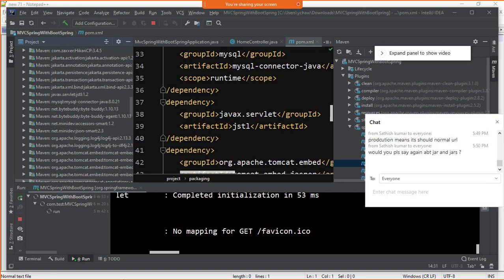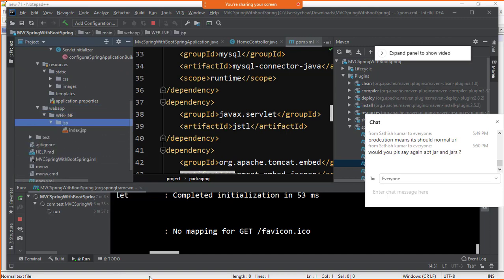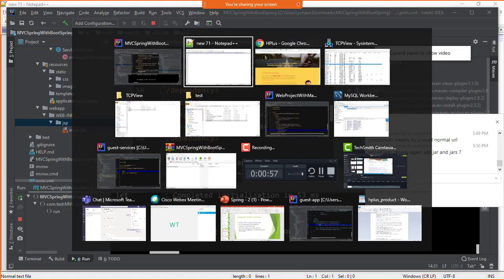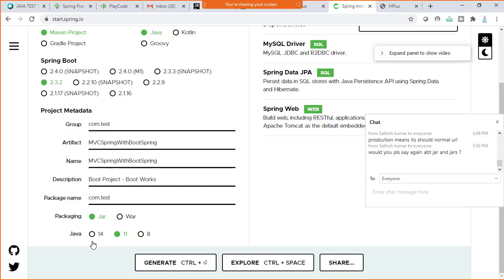Otherwise index.jsp, web app structure, src main java, these structures are still the same. Right, we did not do anything additional, rather we just learned how to start a Boot project. The mistake that I made during the project creation, you don't make that mistake. I needed to select 8 and select jar or war, then do this.